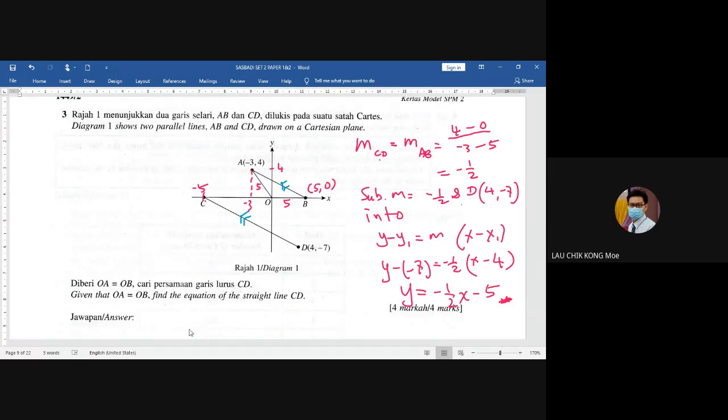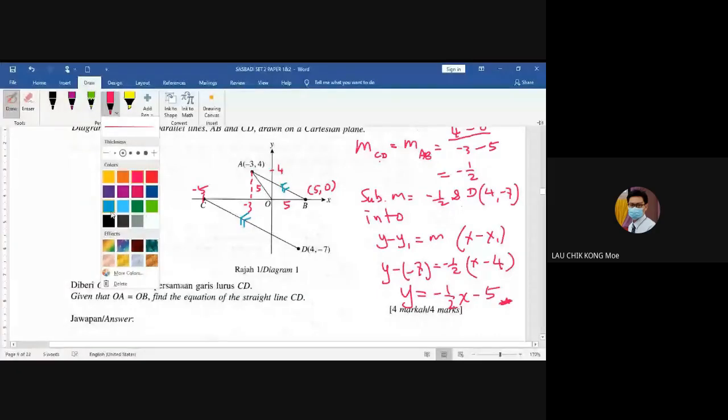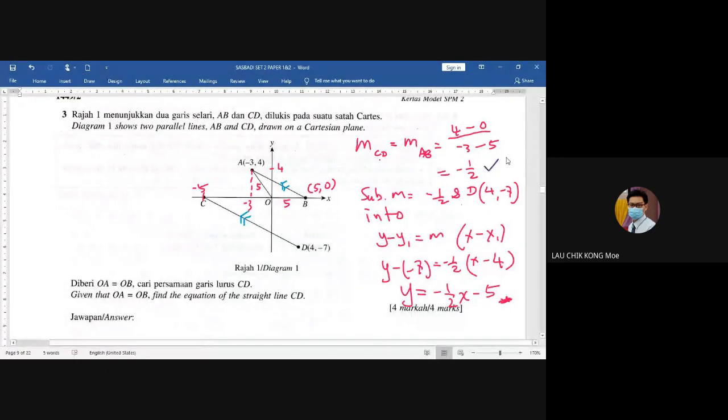Altogether is 4 marks. So how to get the 4 marks? All right, the gradient 1 mark. Actually, if you show this already, can get the 1 mark here. And then you substitute is 1 mark. Normally, we find the C first, right? So C is 1 mark. And this one, the equation is 1 mark. So altogether is 4 marks. Some of the student substitute 1 mark and then dia cari C dulu, Y equal to MX plus C kan? Boleh ya, Y equal to MX plus C, you find a C. So that's why C is 1 mark. Okay, so this is question number 3.